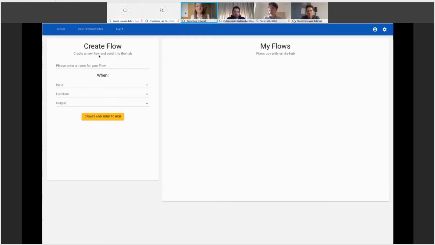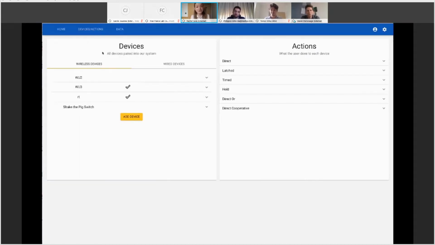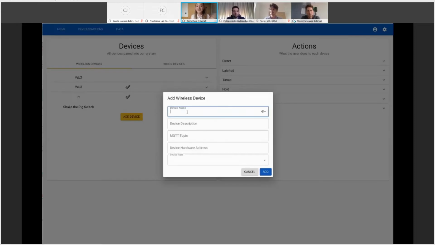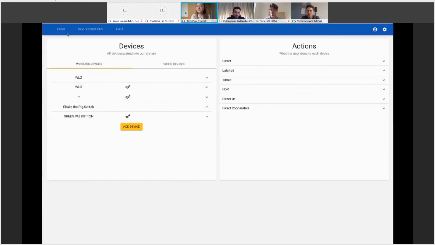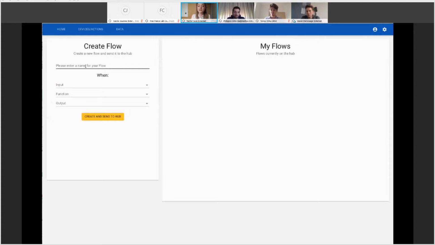To connect these devices together, Jackie's mom turns to the user interface. Here, she starts by adding the new switch as a device. So she gives it a name, she calls it the green button, and she fills in all the device details. Once she clicks add, the device is paired, and she navigates to the home screen where she sees a Flow